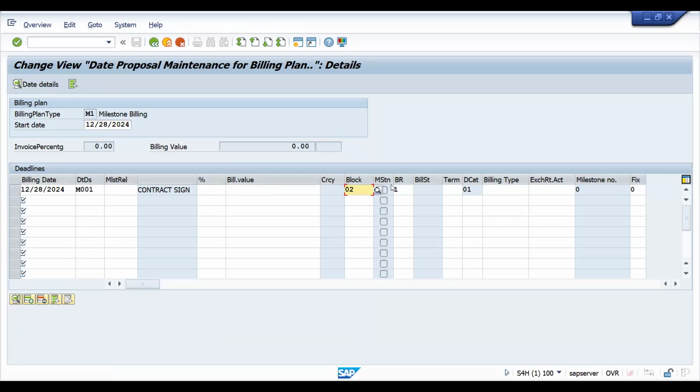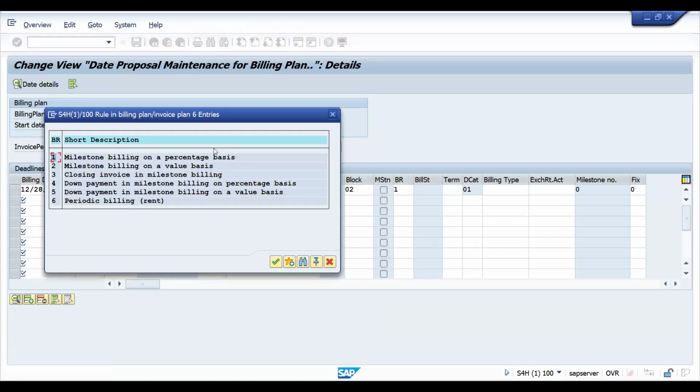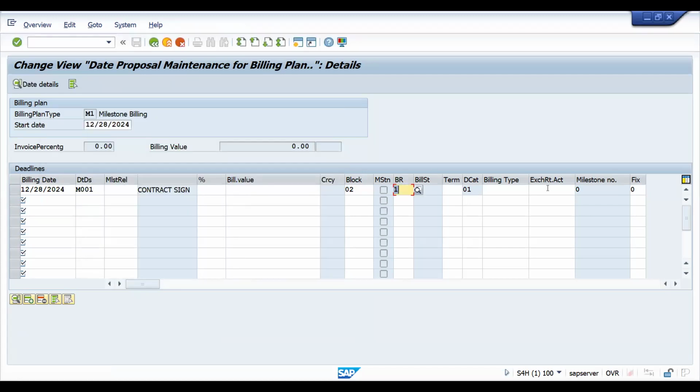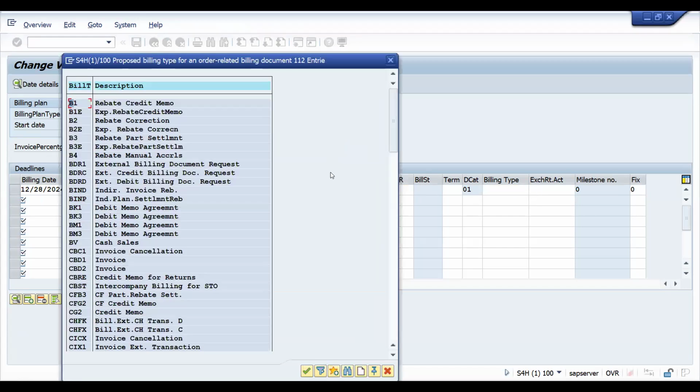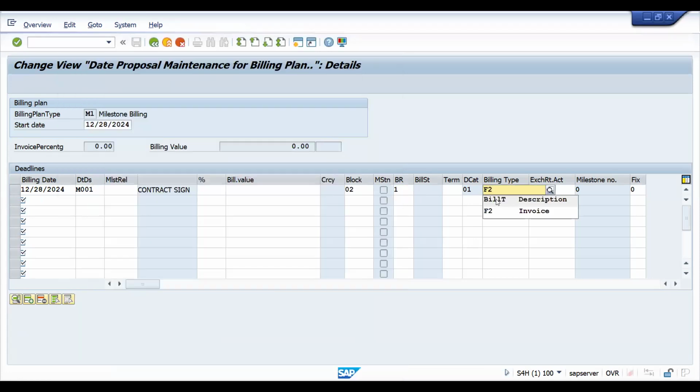Automatically, whatever billing block it came, and if you look at this, this is the relevance. If you want, you can change it here. So this is the default billing type. Generally, if you have milestone billing, we're going to give it here, but I'm not going to do any advance payment or something like that. I'm just keeping F2 as the default for this. Okay. So now next go to